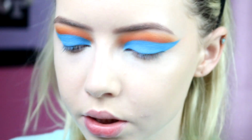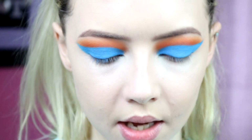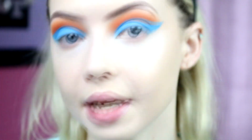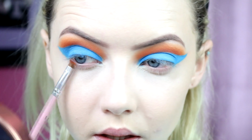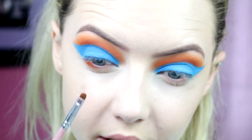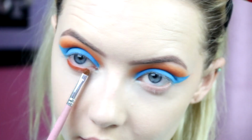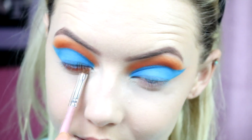take a little brush, this teeny weeny little brush like this, and I'm just going to load that up, and we're going to apply this as close as we can possibly get to the lashes on the lower lash line. So really close. It doesn't matter how far down you bring it, you can just bring it down a little bit, or I'm going to bring it down quite a bit. It's because I want to. That's fine. I'm bringing it all the way across,